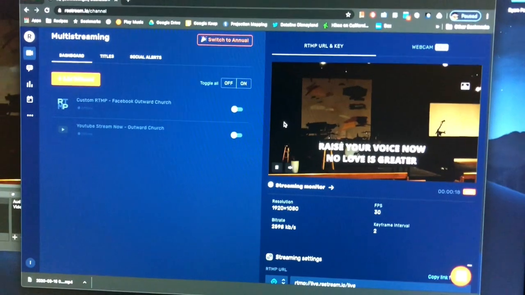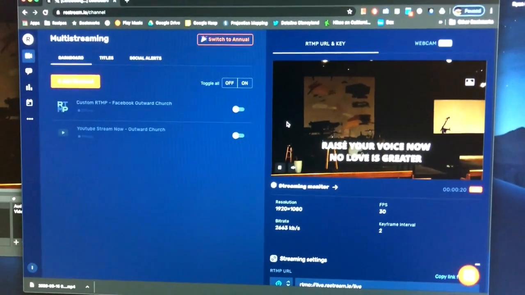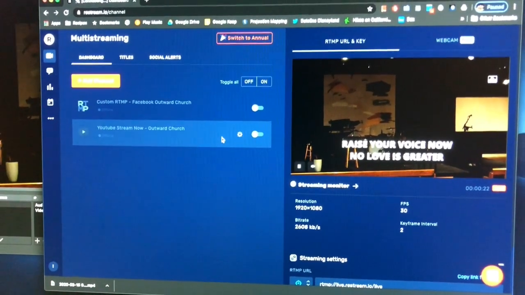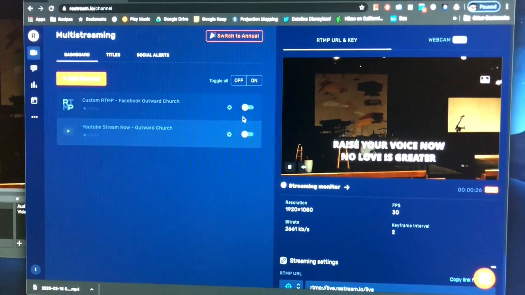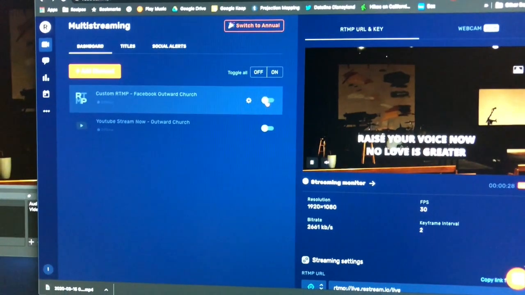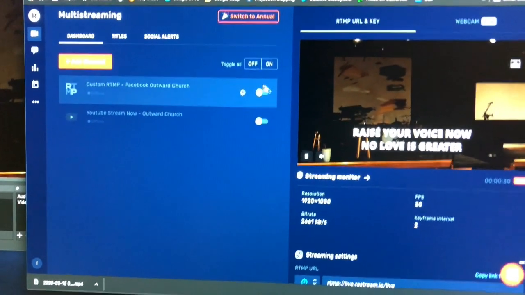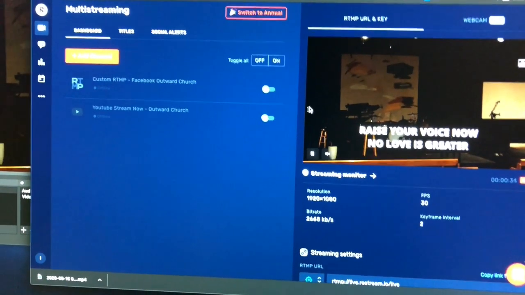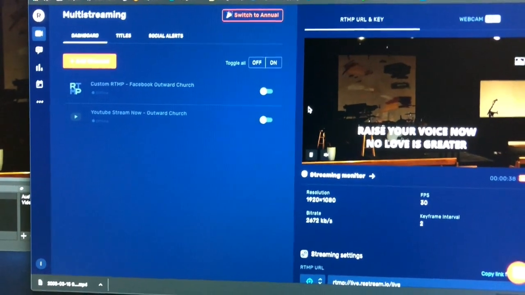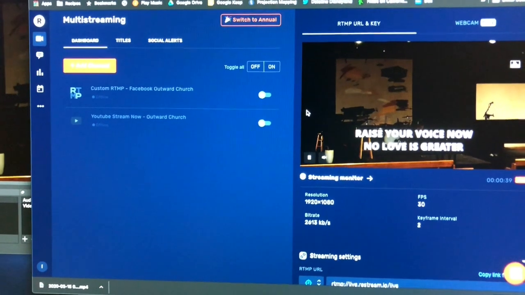Basically there's a live feed being generated right now, and if I wanted to go live on YouTube, I could just toggle that on and it would start a live stream on YouTube on our channel. On Facebook, you actually have to manually start it. I could start this to Facebook right now, but then I'd have to go to Facebook Live, prepare a new stream, and hit go live, and it would pull this stream and go live with it. So that's how we're set up.